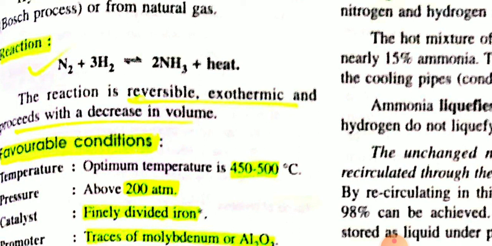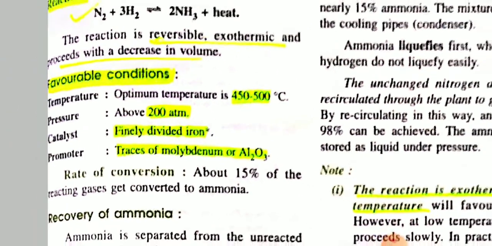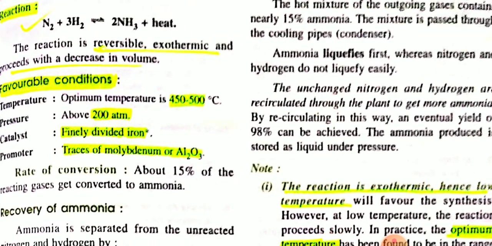So in this reaction, a total of 4 volumes of gaseous reactants react to give 2 volumes of ammonia gas. So in this reaction, volume decreases, and the favorable conditions for this reaction are as follows. The optimum temperature